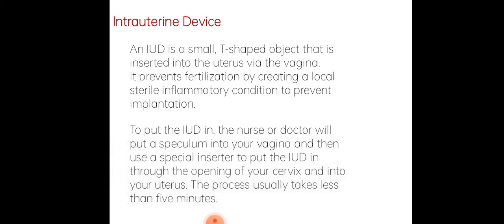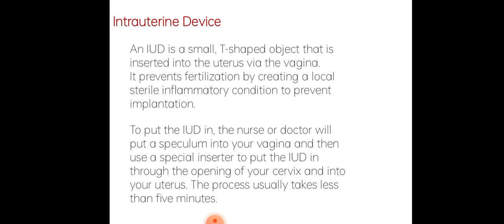Intrauterine device. The intrauterine device is a small, T-shaped object that is inserted into the uterus via the vagina. It prevents fertilization by creating a local sterile inflammatory condition to prevent implantation. To put the intrauterine device in, the nurse or doctor will put a speculum in your vagina and then